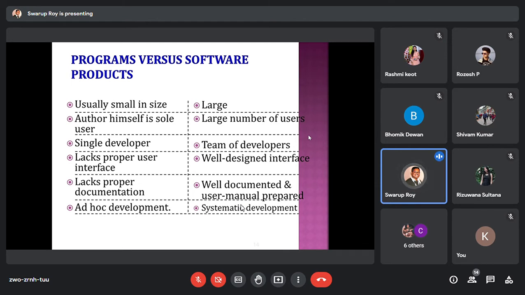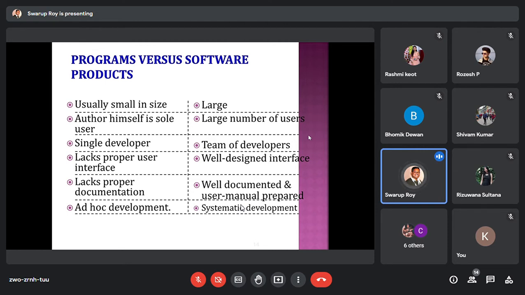So the user's experience is the ultimate thing. You have to satisfy the user and attract the user while making a software product. Whereas in the case of programs, it hardly matters. You can enter a value and get the result. It's a very small program, and there is no need to satisfy others. But you will observe that whenever we write programs, we always try to make user friendly interactions. Why? Because it's a habit to think about other users, so that they can easily understand.